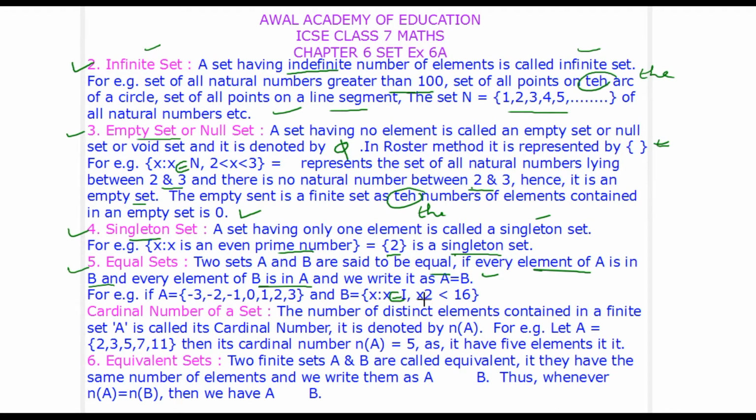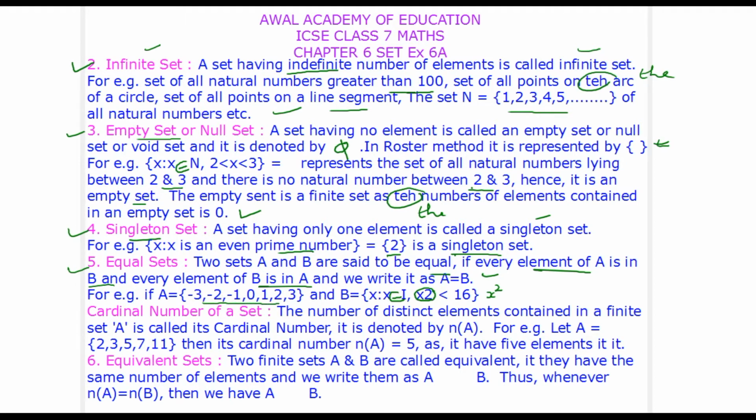This is written x2, but this is not x2, this is x square. X square less than 16, right? So here these are squares